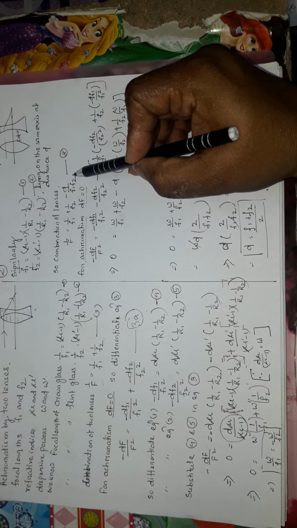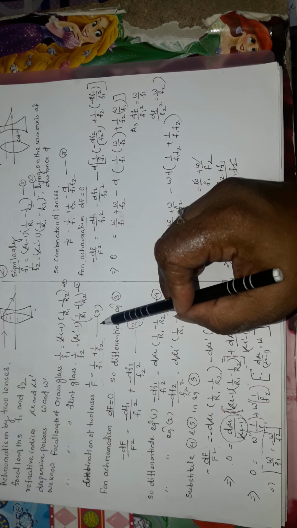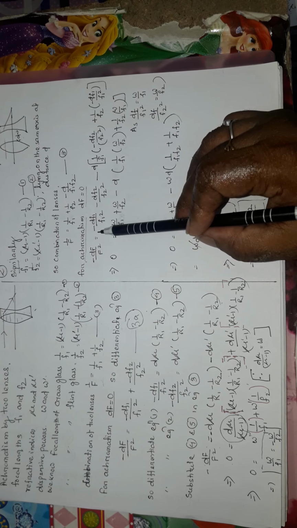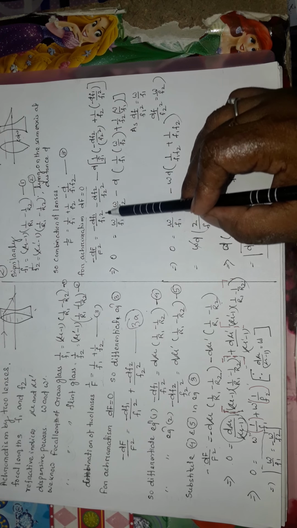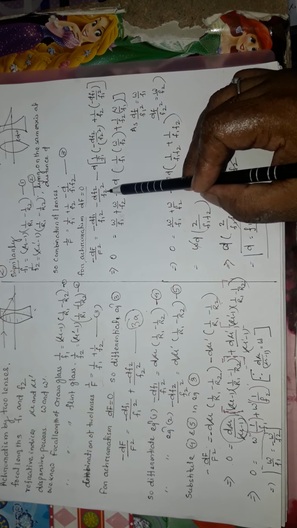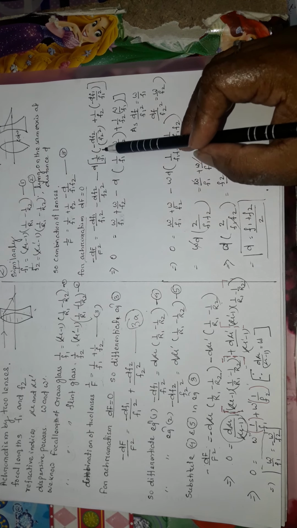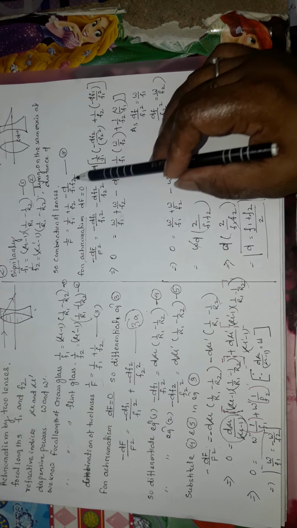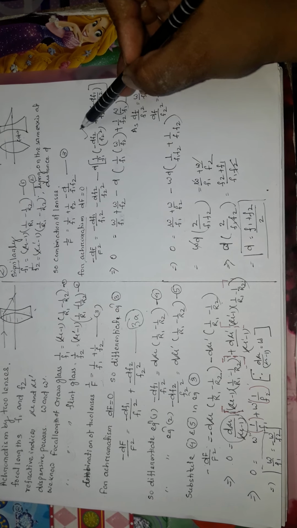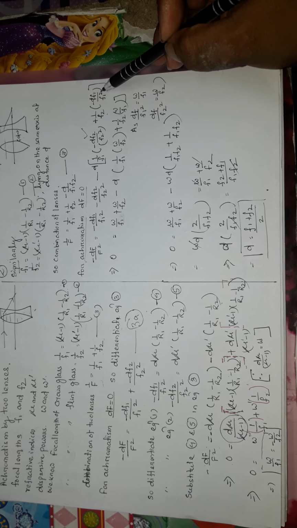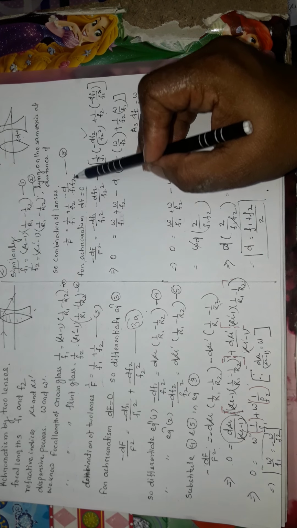So we need to differentiate equation 3 as we differentiated here. So it becomes minus df by f square is equal to minus df1 by f1 square minus df2 by f2 square minus d, taking it out as it is a constant. So with 1 by f1 kept constant, the second term is to be differentiated, and again with 1 by f2 taken as constant, the first term is to be differentiated, because it is a product rule.